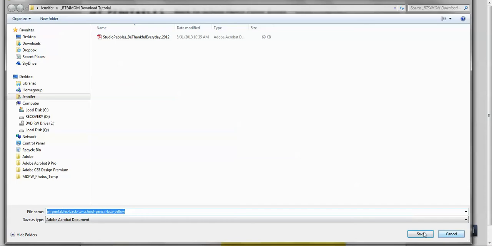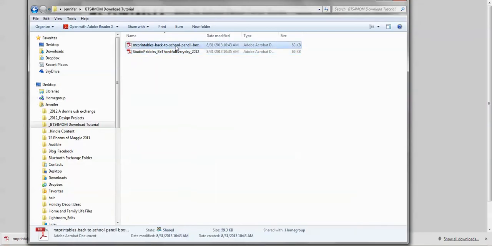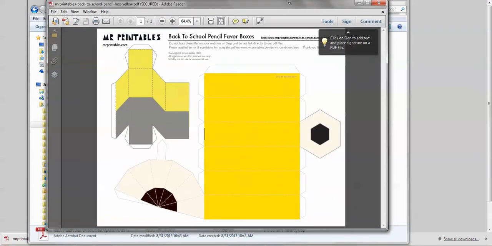And just save it just like we did before. There it is in our folder. Mr. Printables Back to School pencil box. And again, when you double click it, it will pull up Adobe Reader. And the same thing, this looks like a landscape page rather than portrait, but